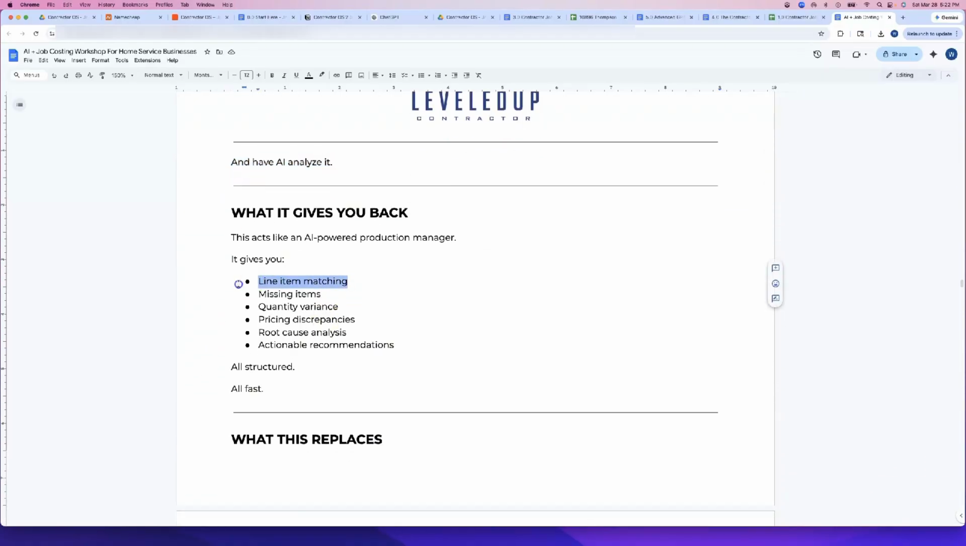That's when I look at every line of your material order versus your invoice to see were there items missing that are on the invoice that weren't in our forecast. It's going to look at the quantities and compare those. It's going to look for pricing discrepancies. It's going to show you a detailed root cause analysis of what actually made this job go over budget. Not only that, it's going to give you actionable recommendations and next steps, all structured and spit it out super